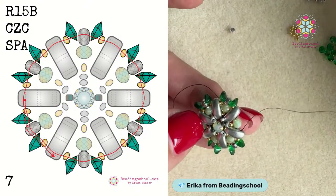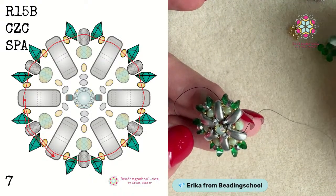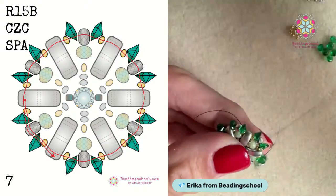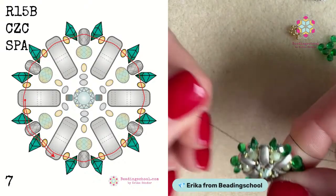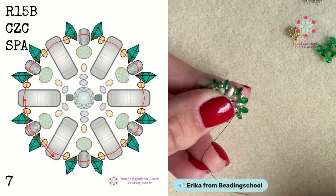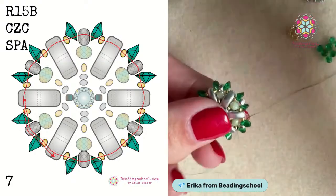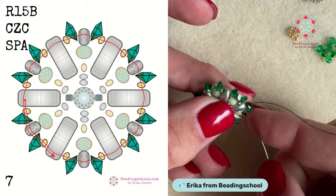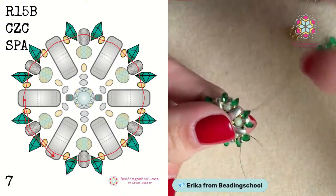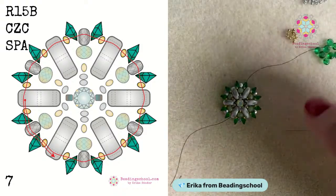And I'm adding now the last sequence, the last 6th group of beads. And I finish this step by repeating the thread pass through the very first group that I have picked up and also through the cully bead. So this is how it looks like after the